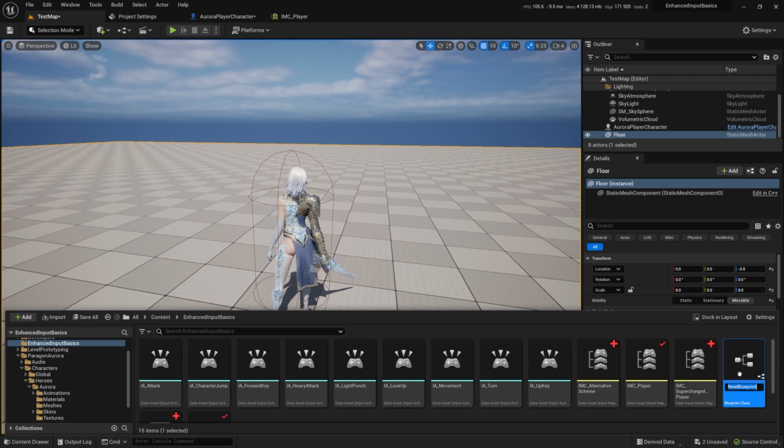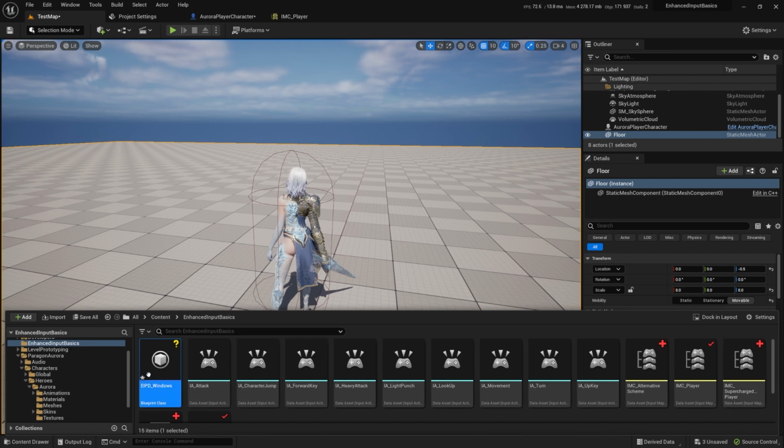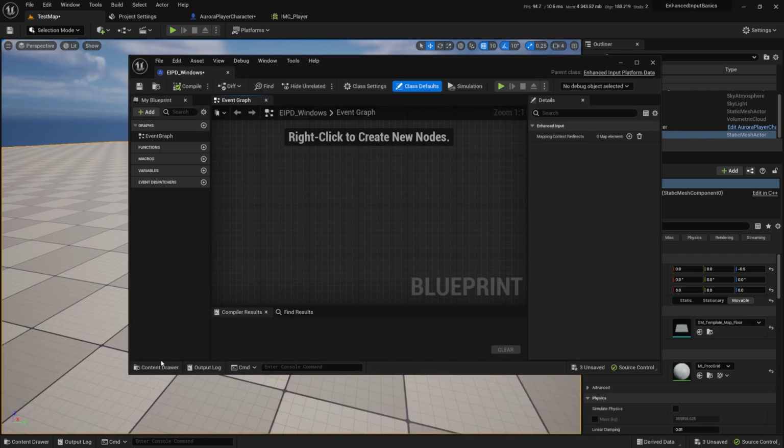Let's just call it enhanced input platform data. And usually you will want to have the name of the actual platform you are targeting. So let's just call it Windows. Let's double click it. And now here in mapping context redirect,